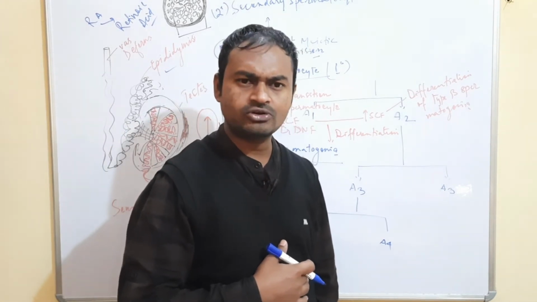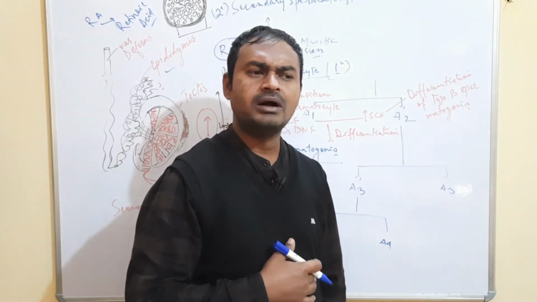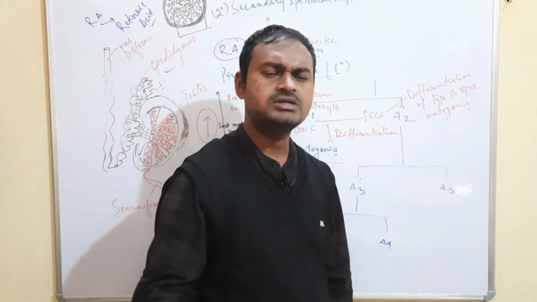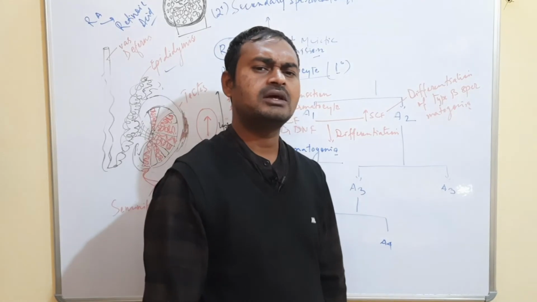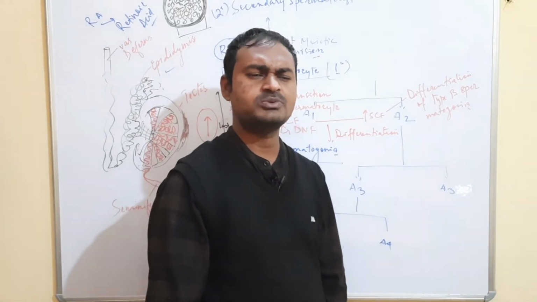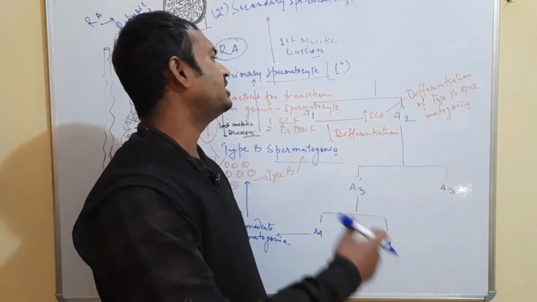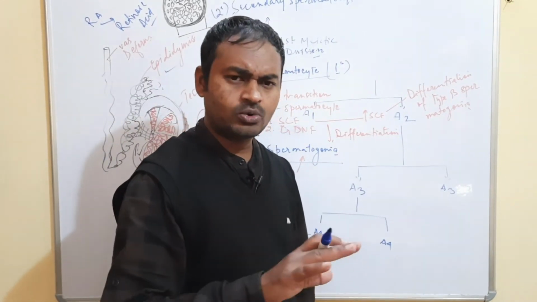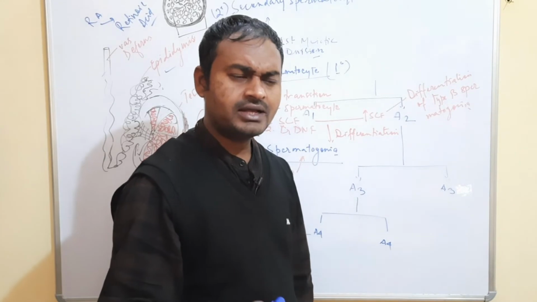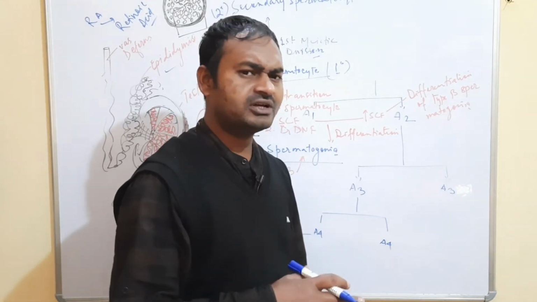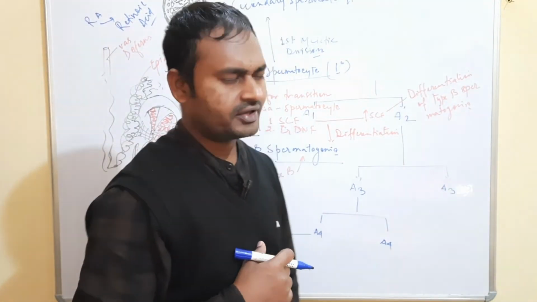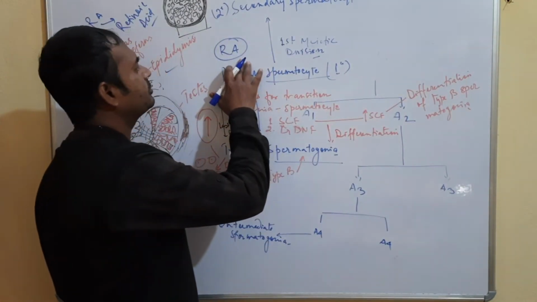What are those cytochromes? The cytochromes P26B1, A1 or C1. These are the three cytochromes that are generally responsible for the degradation of the retinoic acid. These cytochromes are no more in existence, so there is no fear of degradation of the retinoic acid over here. There is no degradation of the retinoic acid.